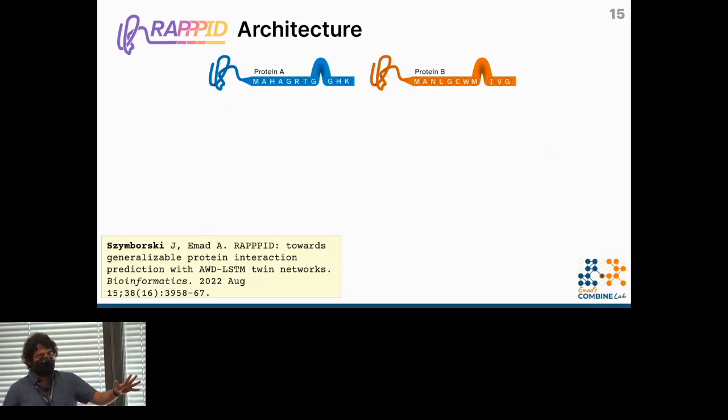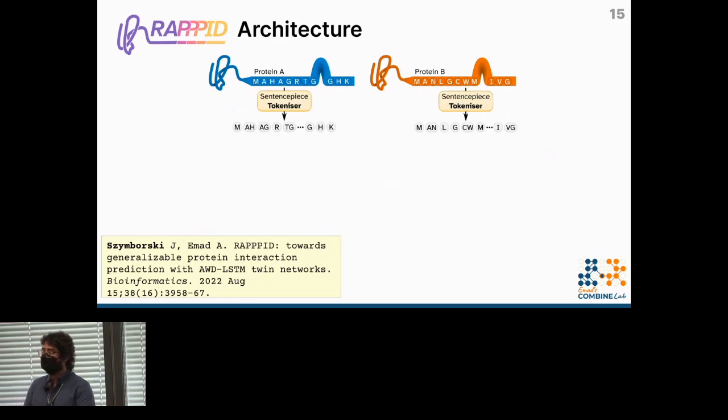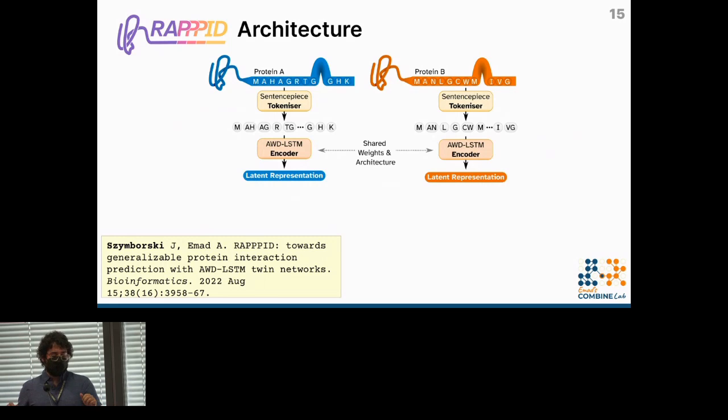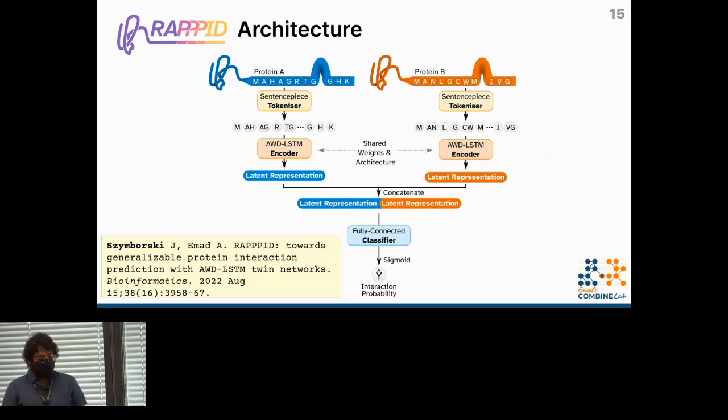If you're not familiar with RAPID, it's a sequence-based method where it takes amino acid sequences and chunks those amino acids into tokens using a SentencePiece tokenizer. It then goes through a deep network, an AWD-LSTM encoder, that creates fixed-length vectors that are representations of those sequences. We concatenate those latent vectors, or at least we did in the original paper. Now we multiply them, and then that goes to a fully connected classifier layer. That's just a two-layer fully connected network,